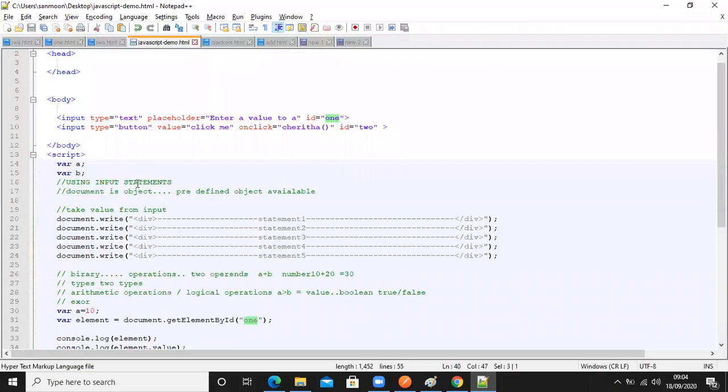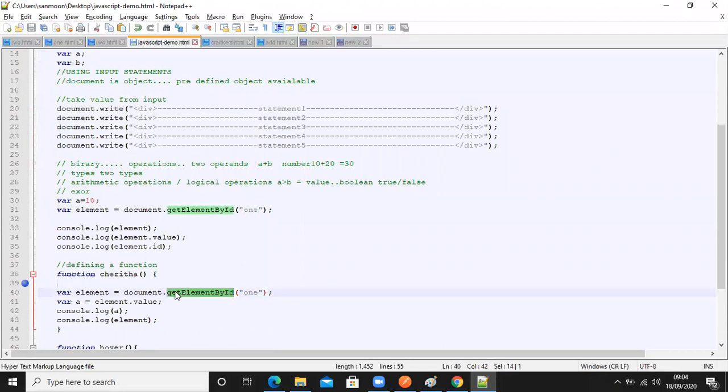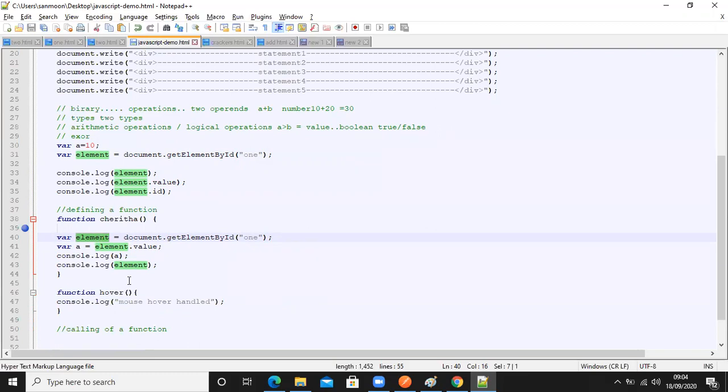So this HTML tag has now become a JavaScript object. Since I'm calling getElementById, what it is doing is reading the tag, making it a JavaScript object and giving it to you. That means HTML is becoming JavaScript here. Since JavaScript is object oriented, it is giving you the object way. Based on the technology, it converts. So now you got an object of that same HTML tag. Since it is an object, I can read all the properties and behaviors that are available. So how am I reading? I just print it in the console.log and run that.